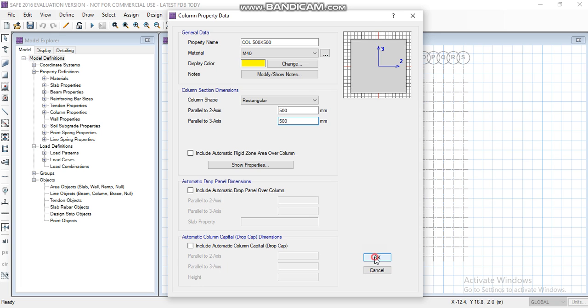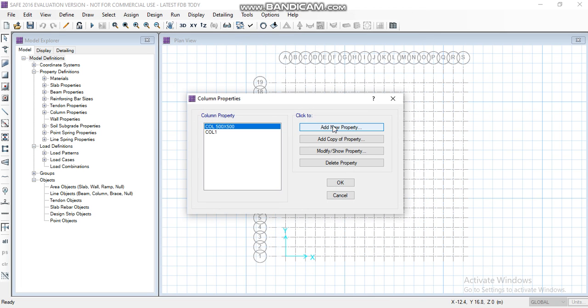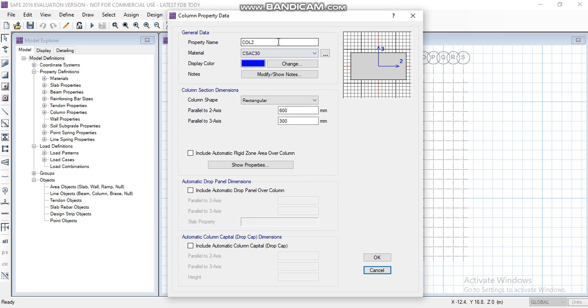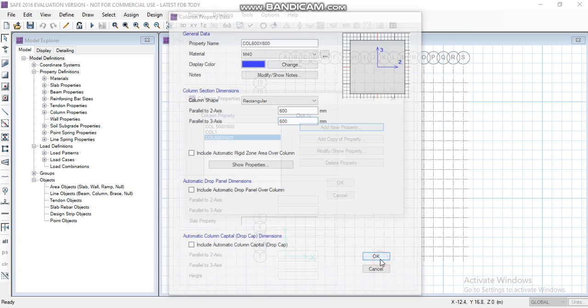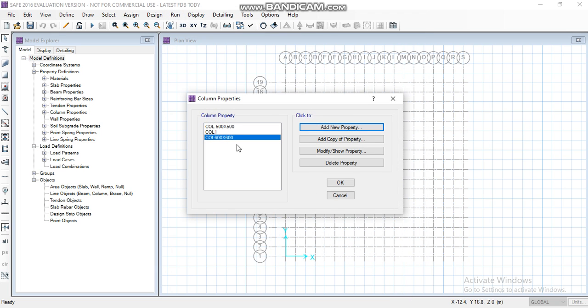Then click on OK and add the other column dimension of 600 into 600 mm.